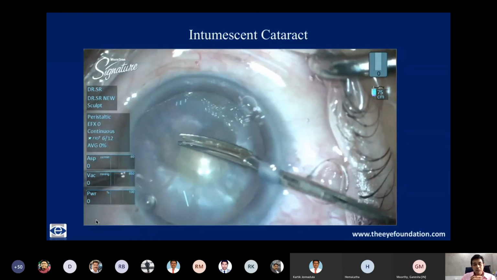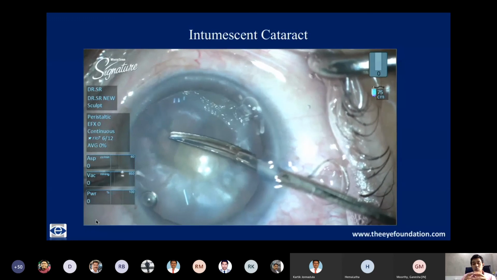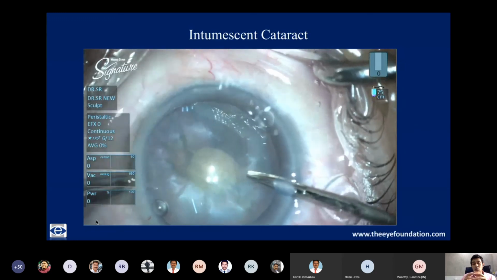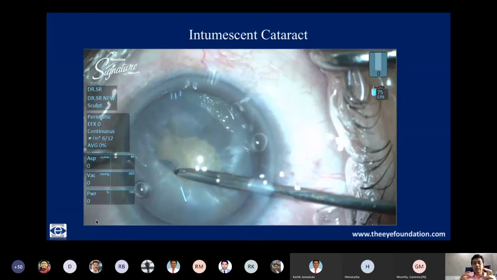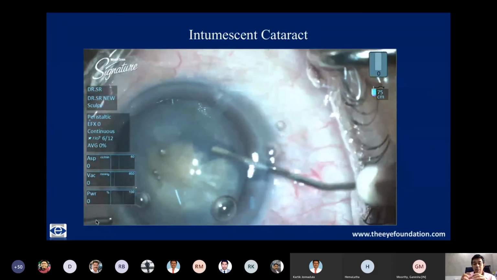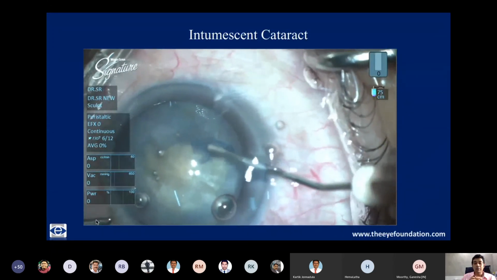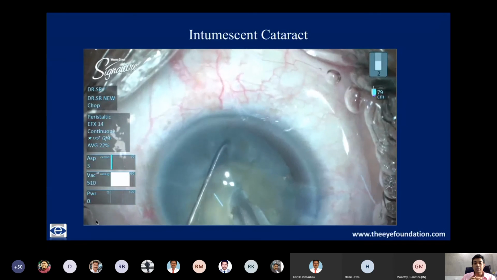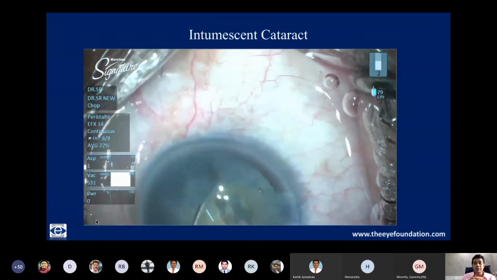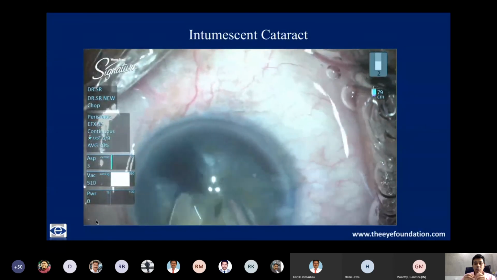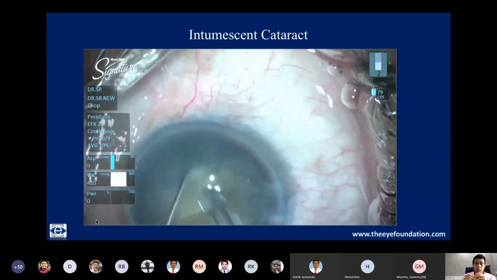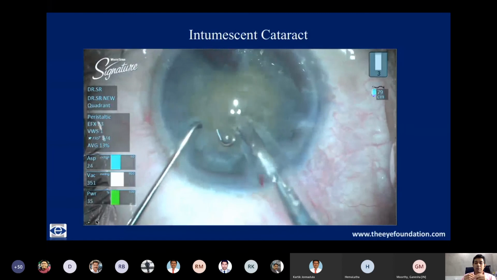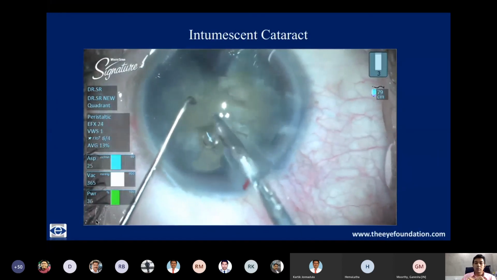Intumescent cataract itself can be of two types. One where you make a nick and the fluid comes out. In those cases, the tendency for the rhexis to run off is actually quite less. But it is these hydrated cortical fibers where the tendency for the rhexis to run off is more. And in those cases, repeatably do an initial small rhexis, do aspiration, remove the hydrated cortical fibers, and then you can go ahead and do a double rhexis.